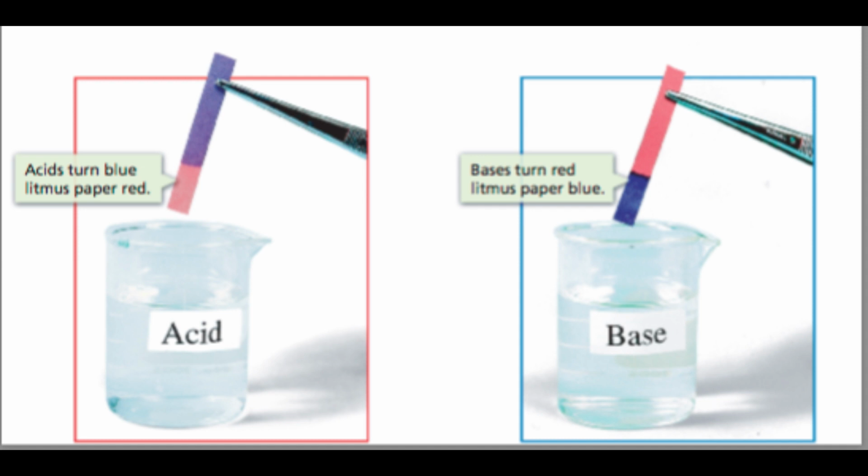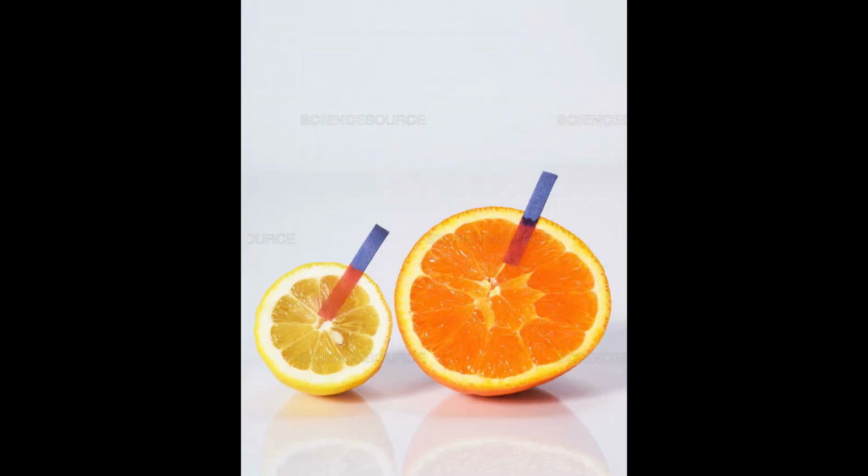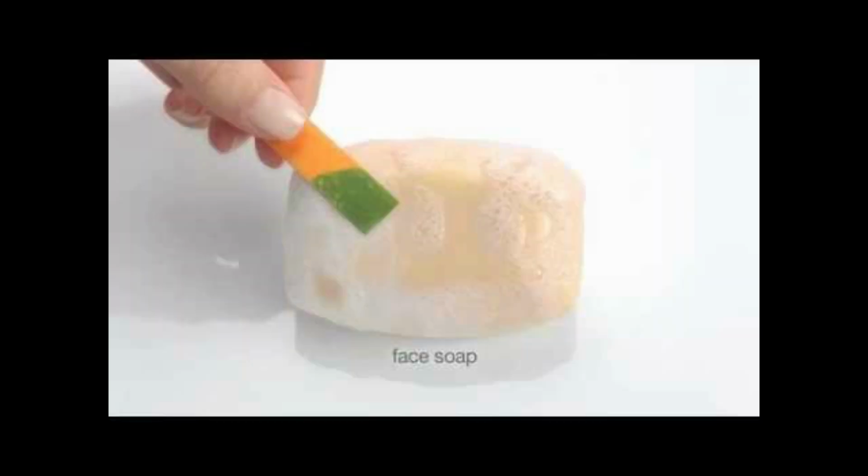Now you may ask why. Now that is because you can see a clear change in color when you dip these litmus papers into the respective acidic or basic solution. That is why when a blue litmus paper is dipped into an acidic solution, we get the change in color as red. And when a red litmus paper is tested in a basic solution, the change in the litmus paper is clearly blue.